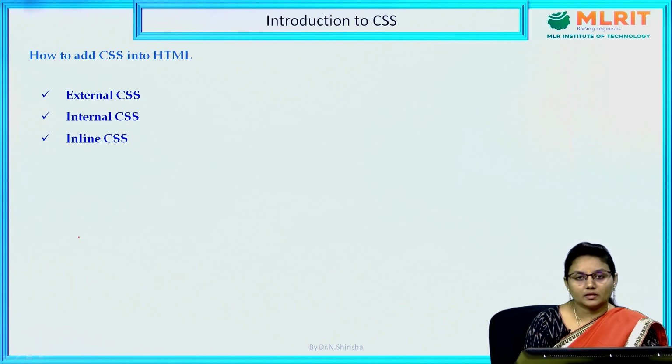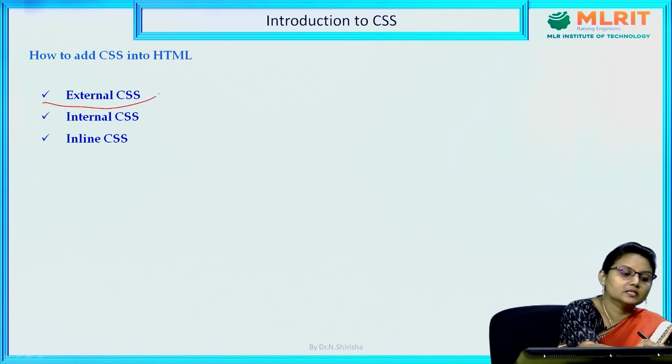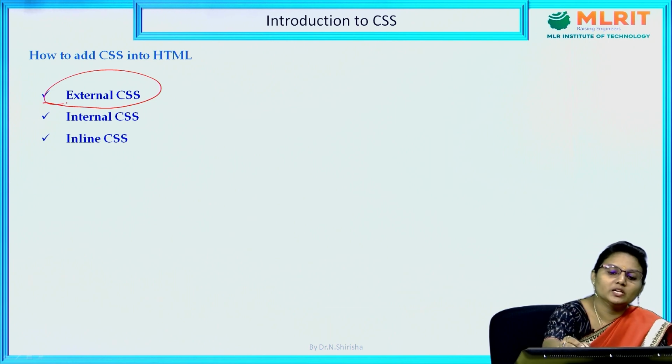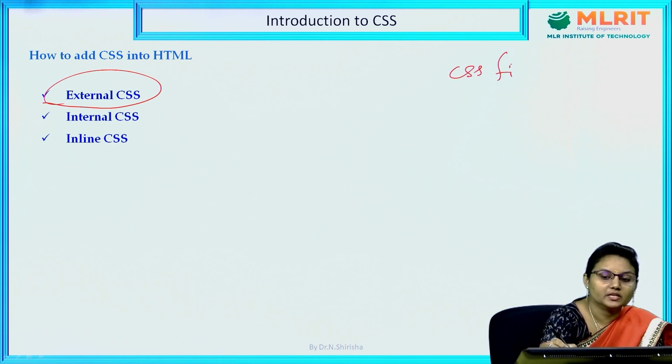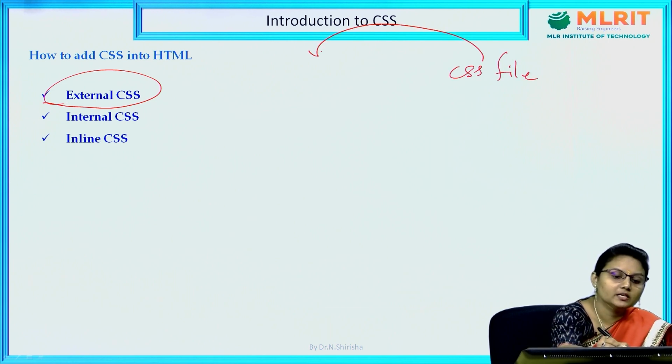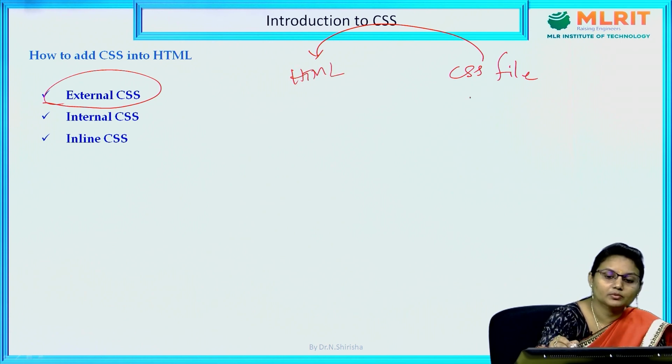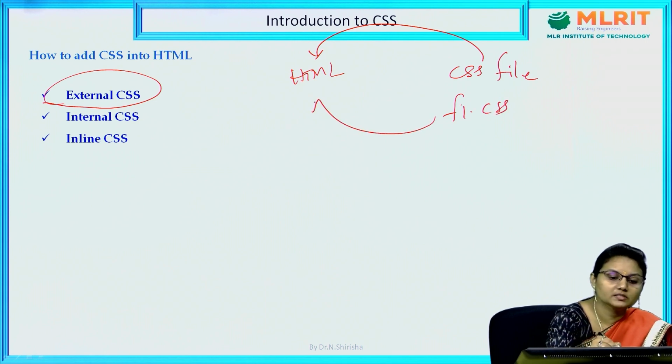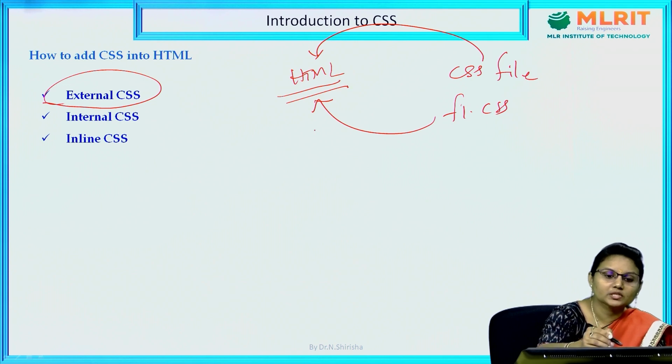In HTML, you can apply the CSS in three ways: external CSS, internal CSS, inline CSS. External CSS is where you will write a CSS file separately, and this CSS file is used in your HTML file. Suppose I have f1.css. This f1.css will be imported into your HTML to use it,